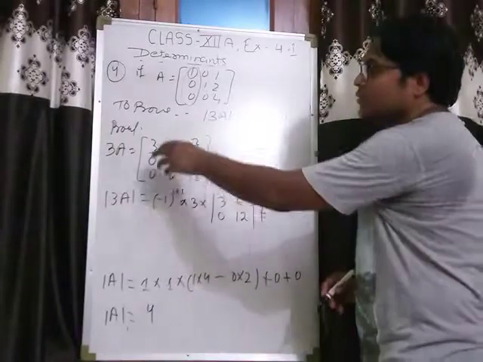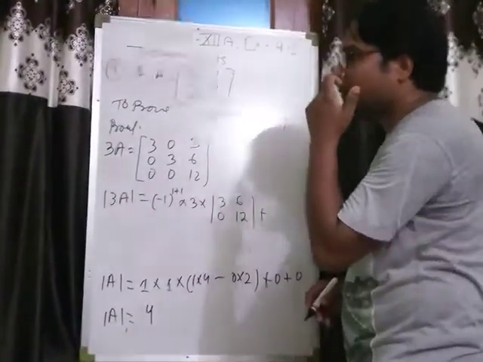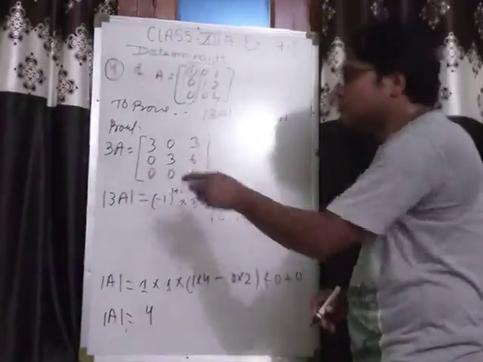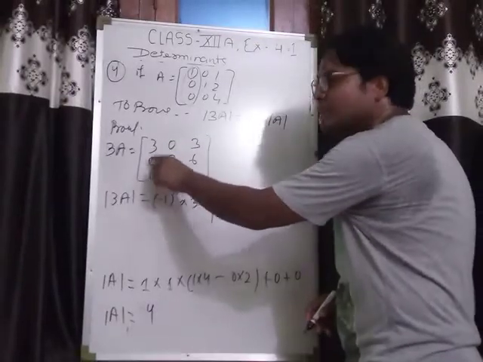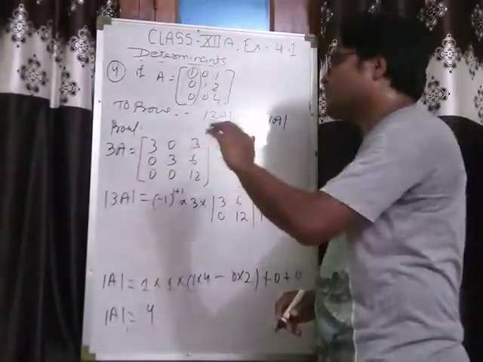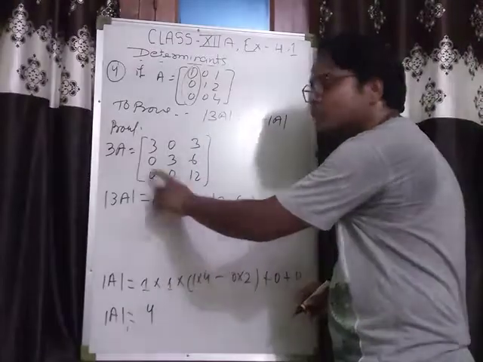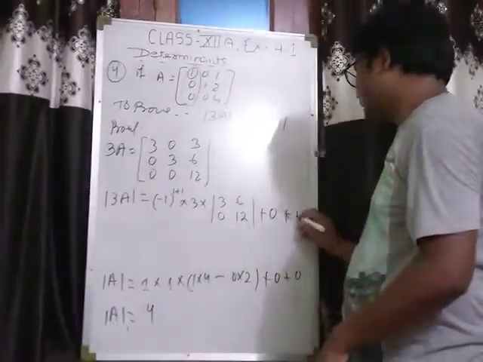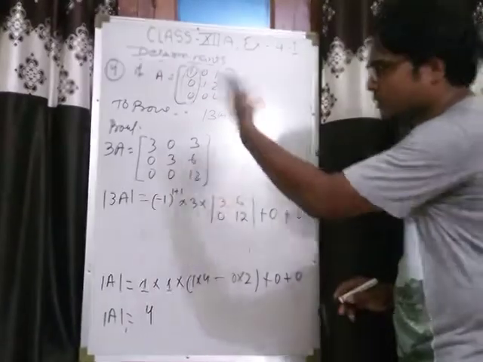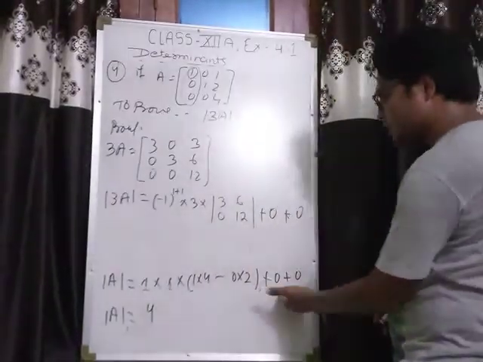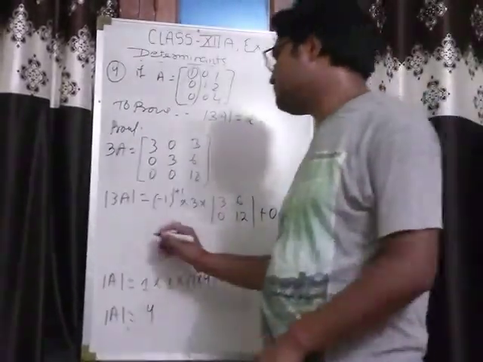So whenever we find the value according to this entry, that will be equal to 0, because we have to multiply 0 in that term, so it will be 0. Also this one again 0. As we were finding the determinant of A, these two terms were coming 0, similarly here.